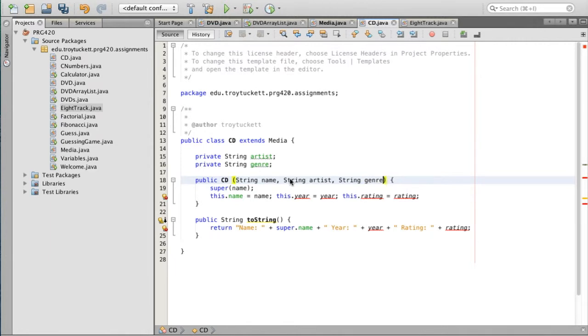And then, of course, they have to come down here. And then, instead of year, artist, genre,